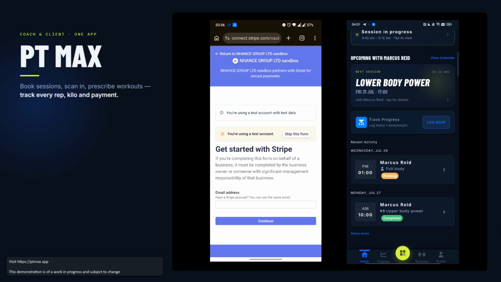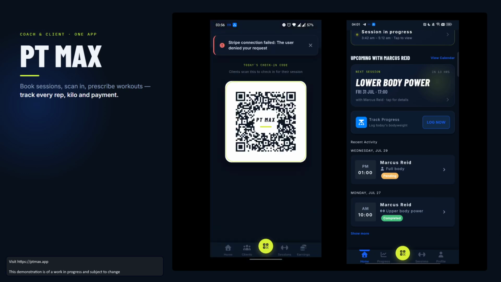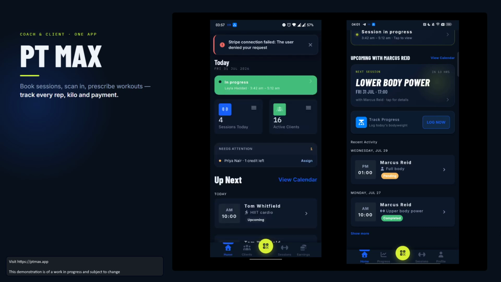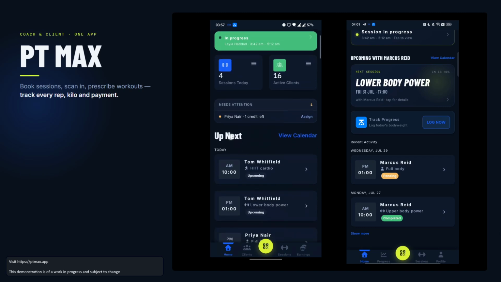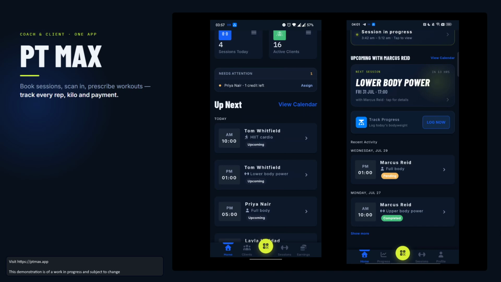Are we going to have to log in? That's fine. You're going to have to take my word for it. Basically, if you set up your Stripe details and then give a package to Layla, she'll have the option to pay through Stripe. If you don't, and you're going to handle payments outside of Stripe,